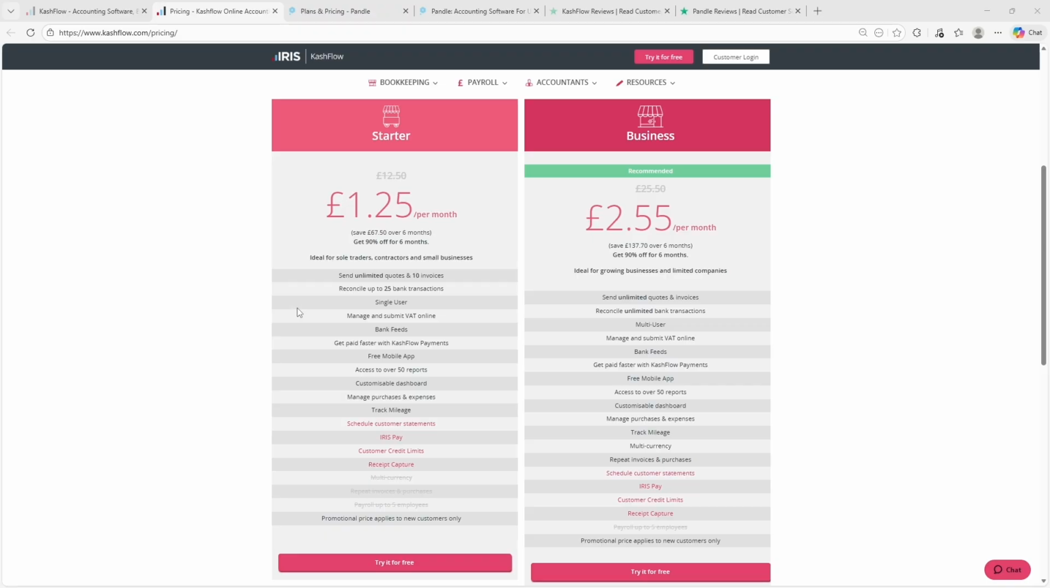KashFlow positions itself as one of the lowest entry accounting platforms in the UK market. Its starter plan is priced at £1.25 per month for the first 6 months under a promotional offer, before reverting to the standard rate. This plan is clearly designed for sole traders, freelancers, and very small businesses that need basic